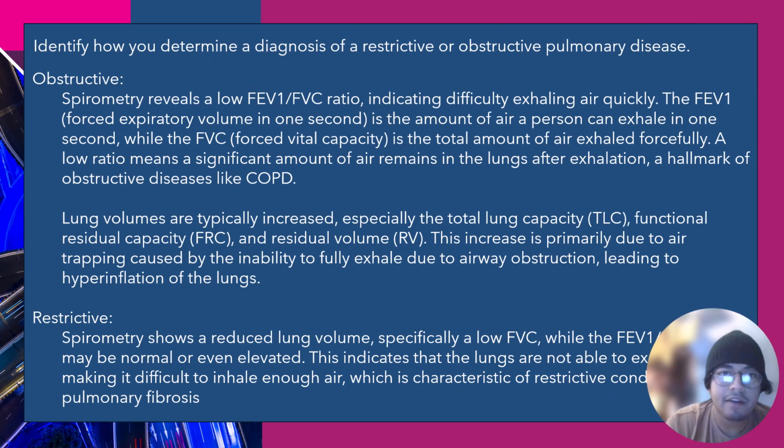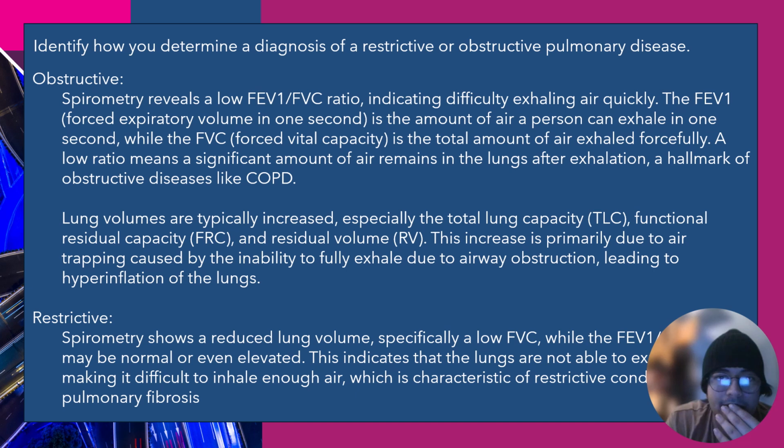So how do you determine a diagnosis of a restrictive or obstructive pulmonary disease? If it's obstructive, the spirometry reveals a low FEV1% over FVC ratio, indicating difficulty exhaling air quickly. The FEV1, forced expiratory volume in 1 second, is the amount of air a person can exhale,